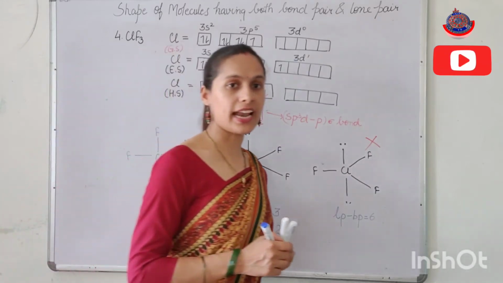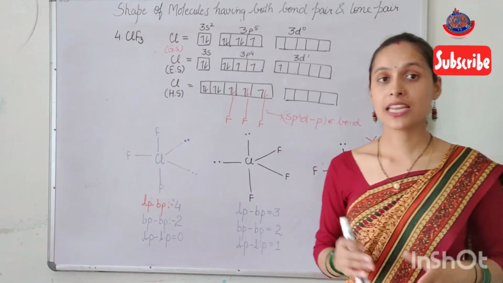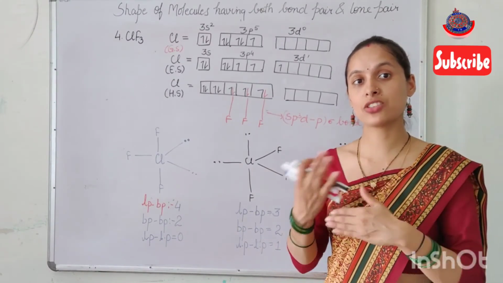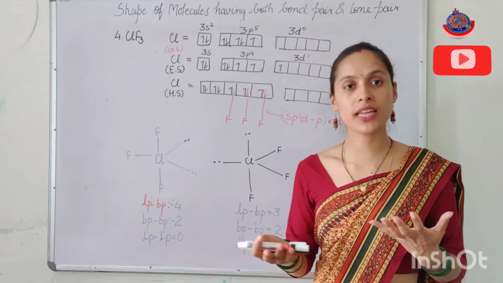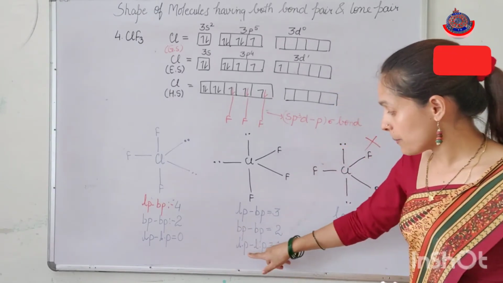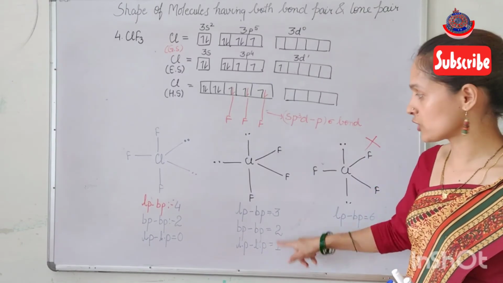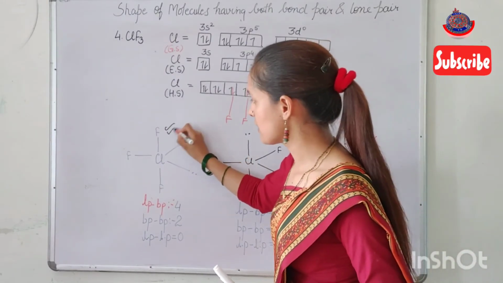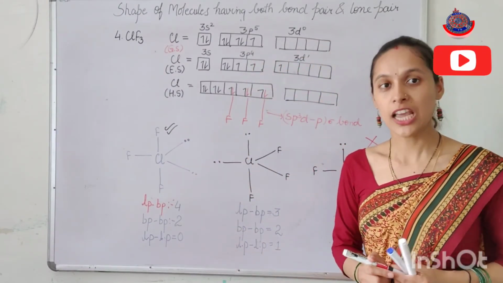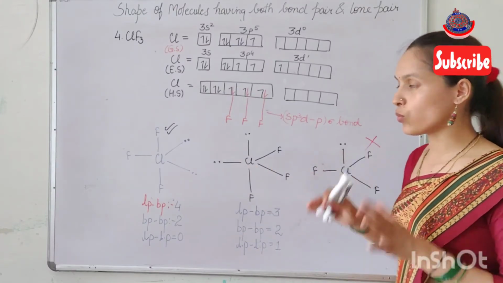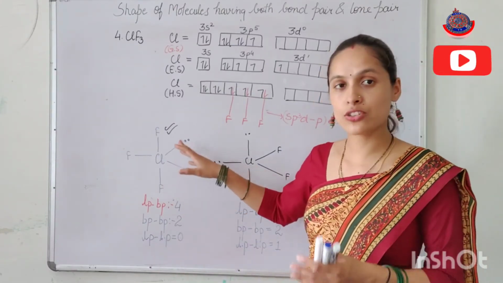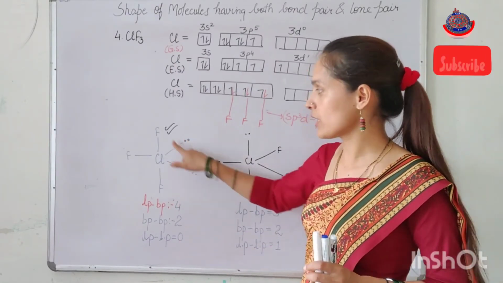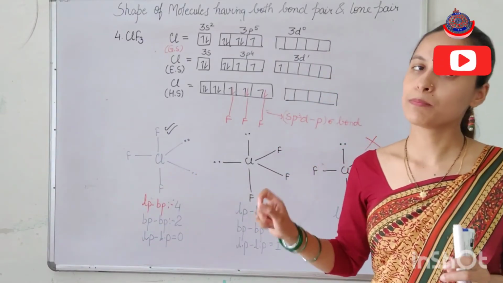And we have studied that lone pair repulsion is maximum. If we have lone pair repulsion, then the repulsion is maximum, and if repulsion is maximum, then stability is minimum. So due to the presence of this lone pair repulsion, this is less stable than this. So the correct structure is this. In this way, we get to know why the bonds are removed from the equatorial position and not from the axial position.